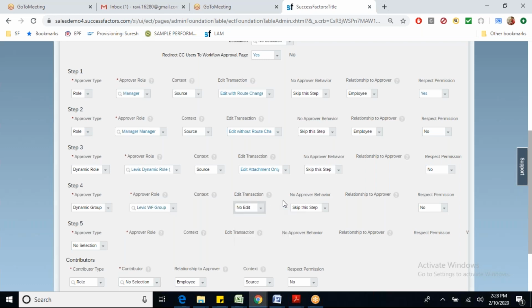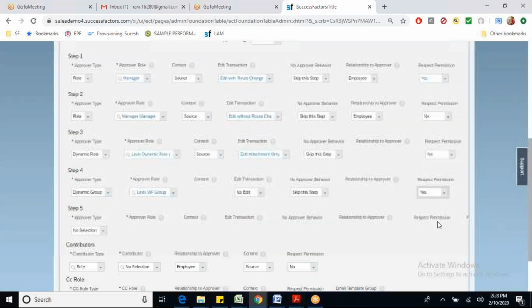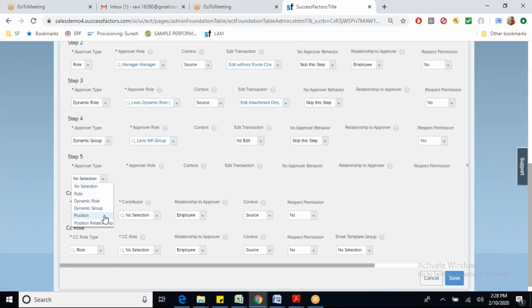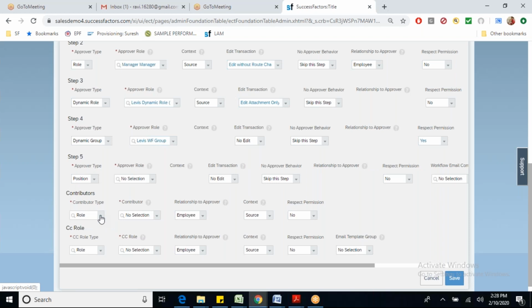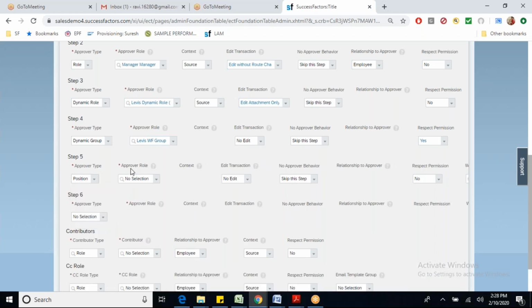And then transaction no edit, I'll say. No approver behavior, skip this step. Permission, yes. Now, if you want to add more, you can add. You have position as well.